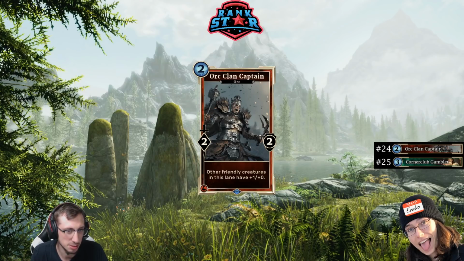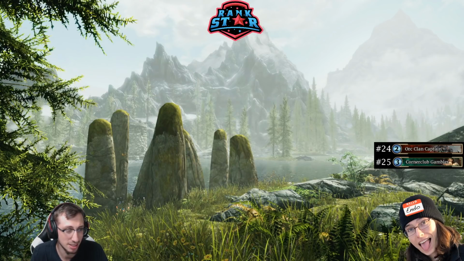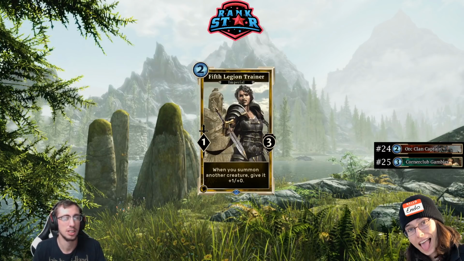All right, so let's go to number 23, and a very similar card. We have 5th Legion Trainer, and this is Willpower's 2-cost creature that is a 1/3, and it says when you summon another creature, give it +1/+0. Now, I think the main reason that this one edged out Orc Captain was its stat line. Its body is, I think, a little bit more resilient. It doesn't die to Firebolt,